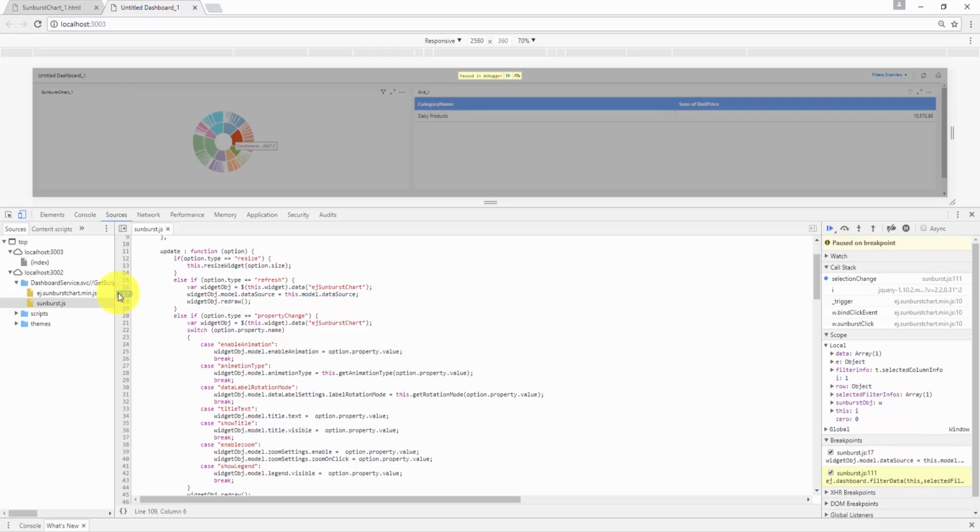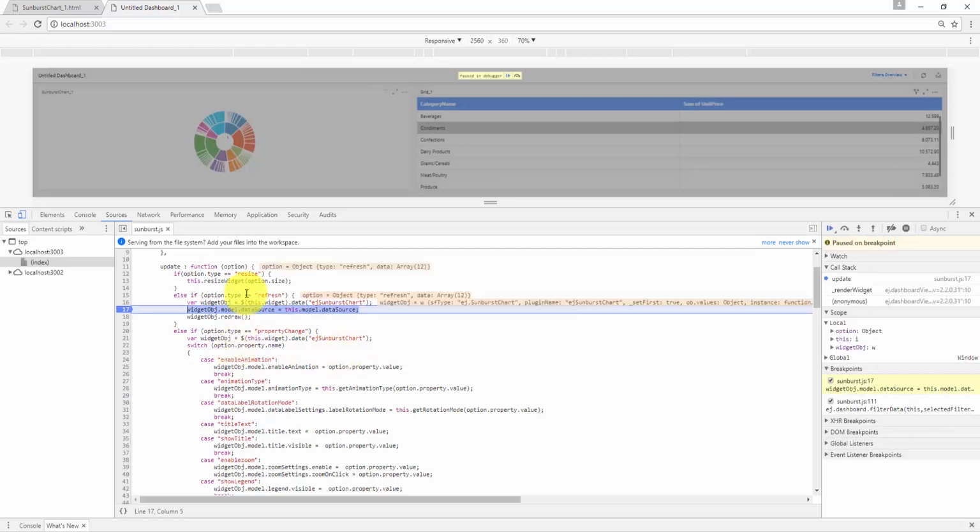For example, if your custom widget acts as a slave widget, whenever an item or column is selected, the data refresh update will be triggered, and making use of that you have to re-render your own widget. This grid widget, I have made this as a master widget now, so whenever I select an item, the refresh update will be triggered, and the data is provided with which you can render your widget.